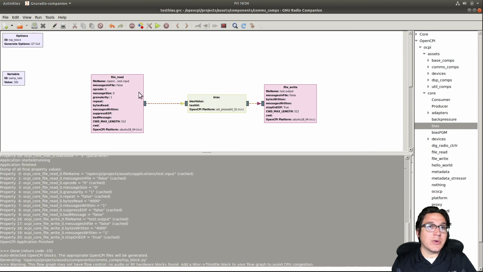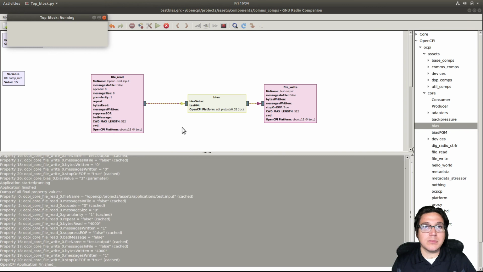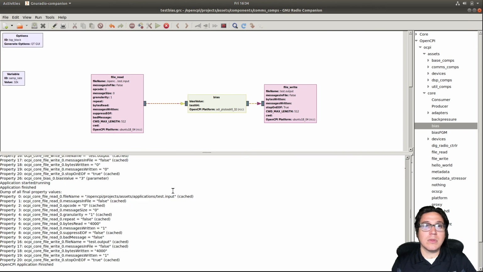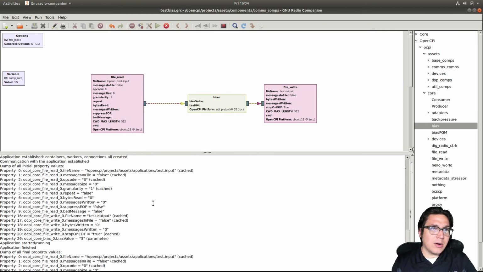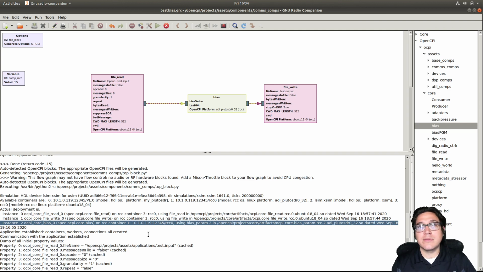I'm going to generate the XML again, and then re-execute. It'll take a bit longer because it has to go out over sockets, and then we look at the same implementation, the instancing and the deployment, and we can see that it ran the bias on the Pluto itself,